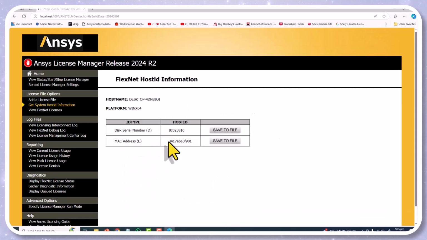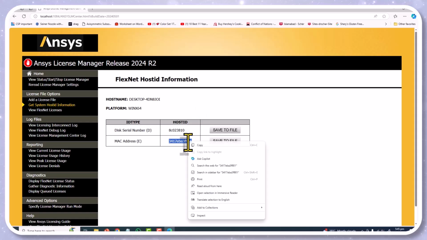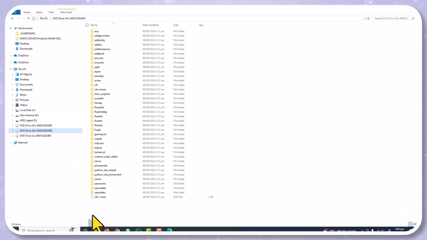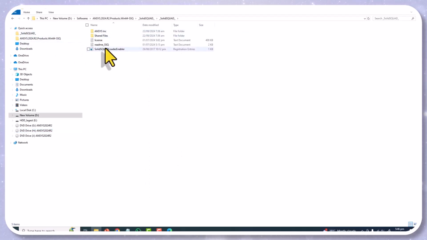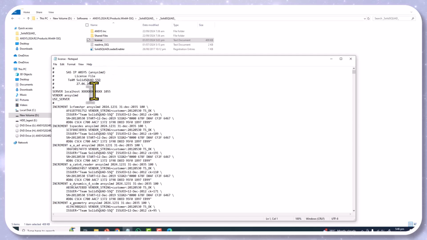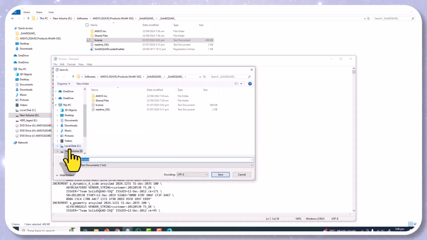So copy the MAC address, copy, and you have to go to your main important folder here. Okay, here, and double click on the license file, and whatever is written with the X symbol, select them, right click on there, and paste your MAC address. Okay, and now go to the file menu and then save as, and go to C folder,